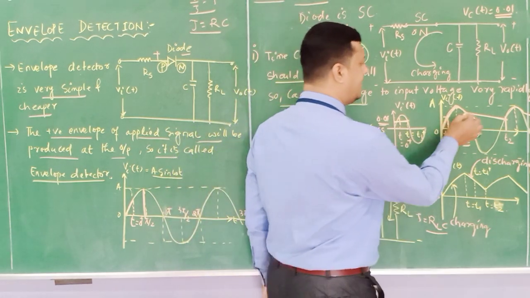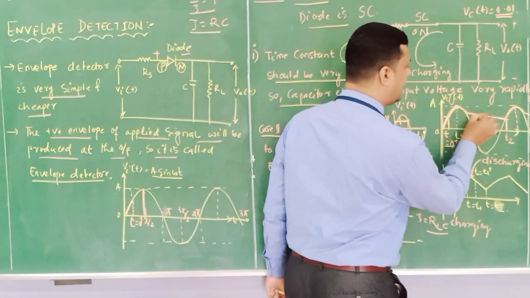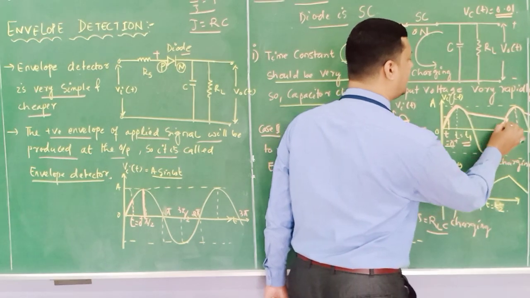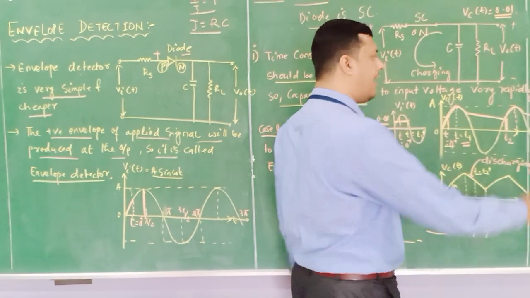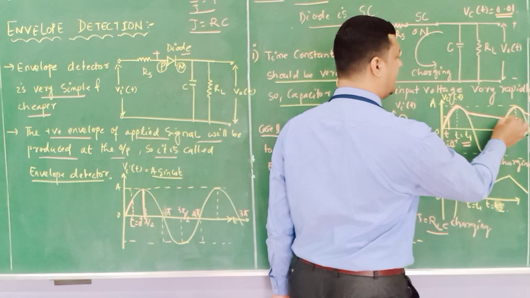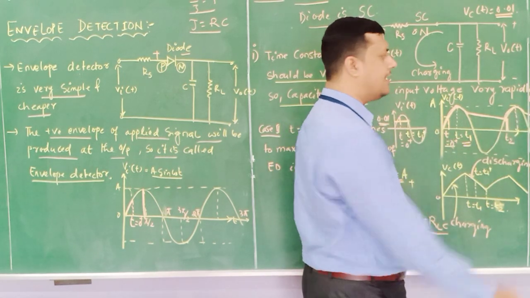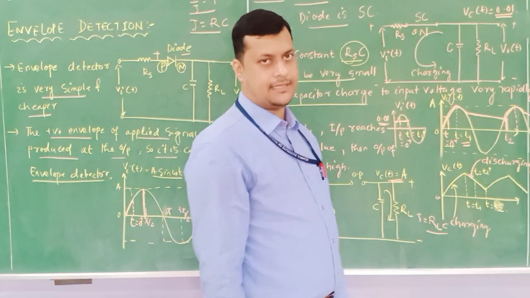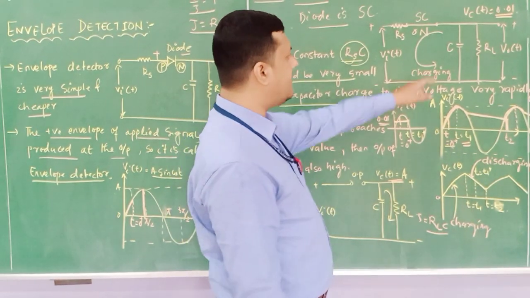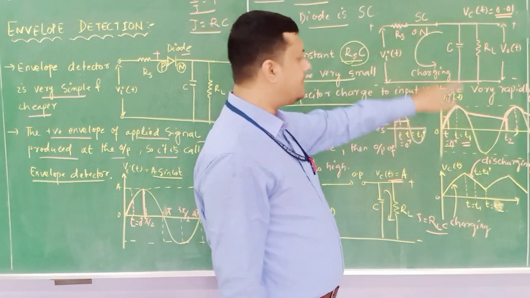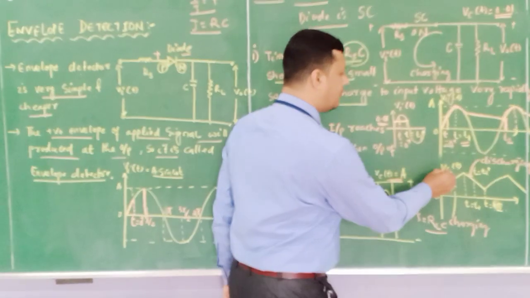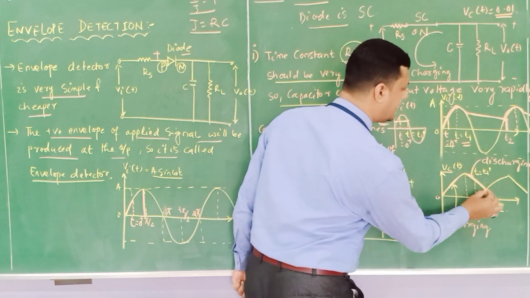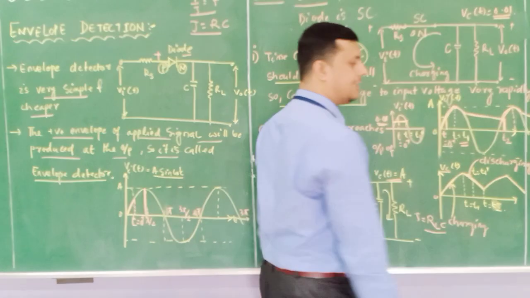So first we will identify, after this particular point it will directly identify this T2, because here the cycle starts again in forward bias condition. After this forward bias condition, it again starts with a charging point and again it is discharging. So this is a rectification process, the presence of RC component at the output of a diode. Now same thing I have drawn here, output of VC: first it is charging, then it is discharging, then again it is charging, then it is discharging.